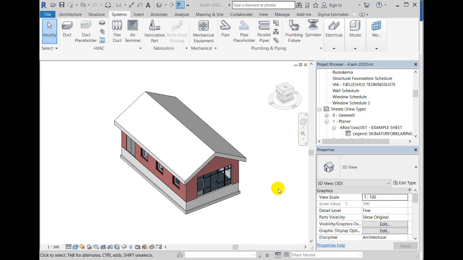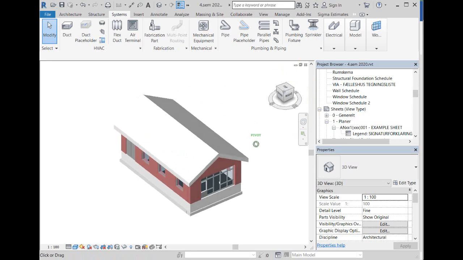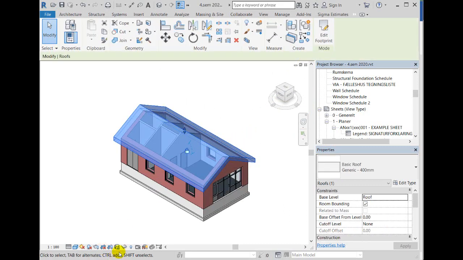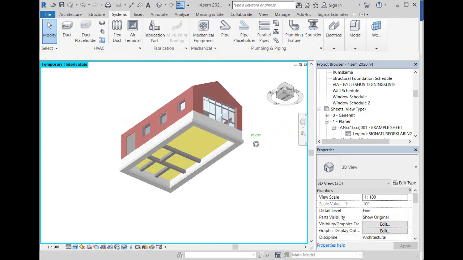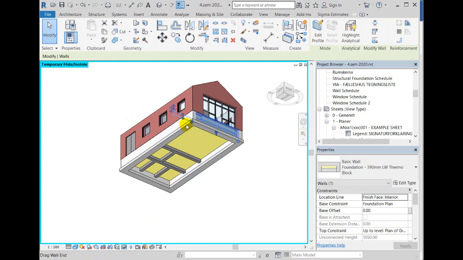We just talked about updating prices with our consumer price index, CPI, in the previous video. In this video, we're going to talk about the actual estimation. We're going to work with this little model here. If I just hide the roof, you can see it comprises some internal foundations, 30 times 30 centimeter foundations, and some strip foundations out here, and